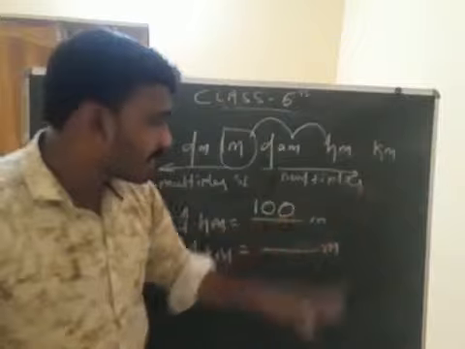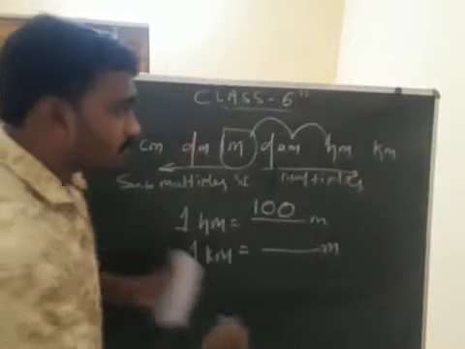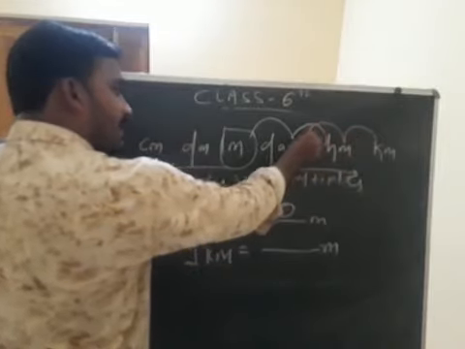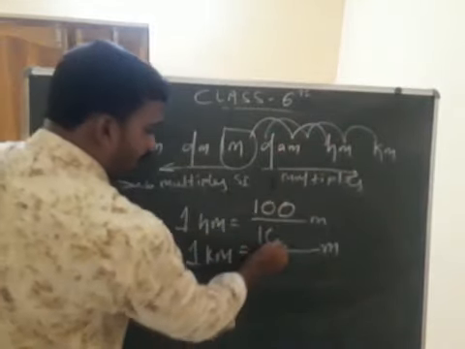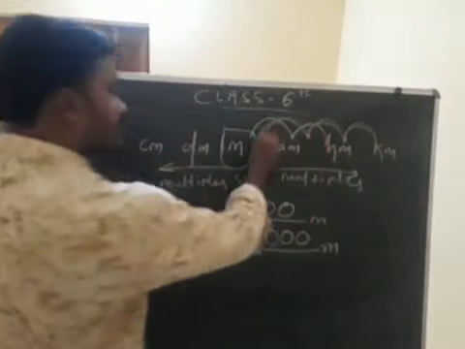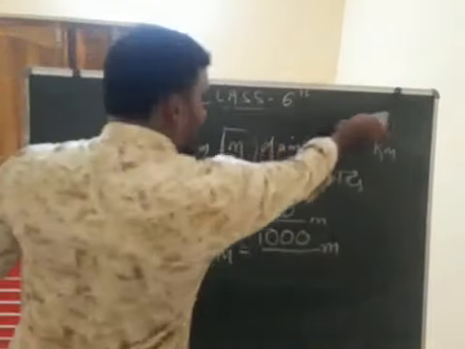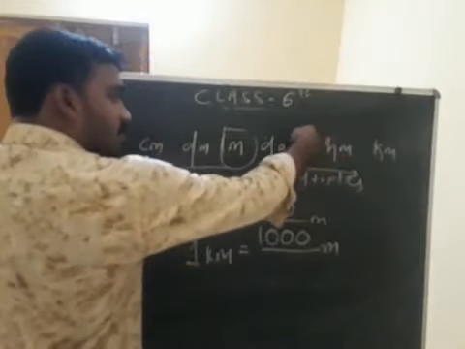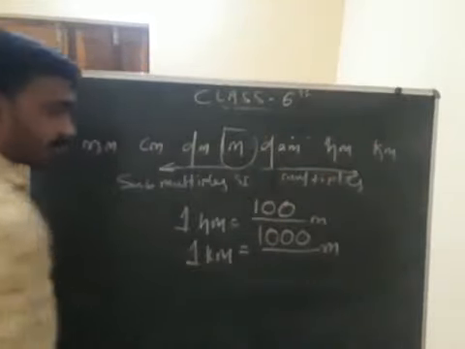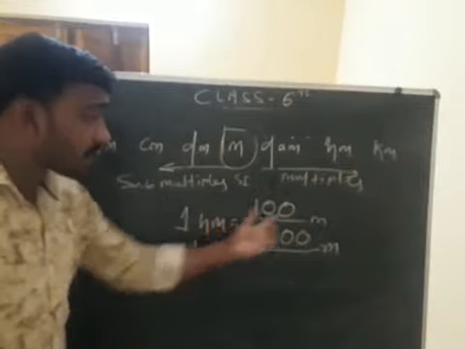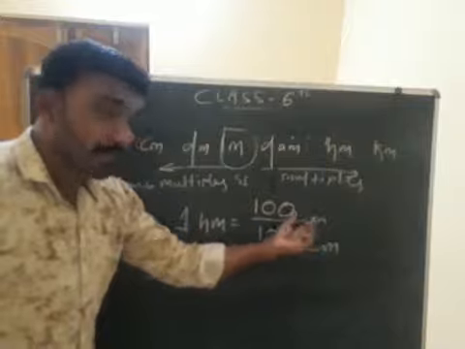Now everybody say, kilometer to hectometer, 1 zero, next zero, next zero. In 1, how many 0s? 3 zeros. 1, 2 and 3. Clear or not? Kilometer to meter means kilometer to hectometer, 1, 2, 3. So 3 zeros. Understood? This is conversion of bigger unit to smaller unit, multiples to submultiples.